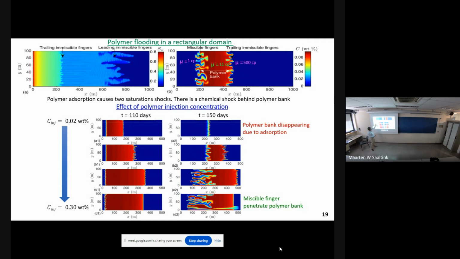The interesting thing here is, if you inject low polymer concentration, then that will be lost in the reservoir after some time, so it is not going to help. But if you increase the polymer concentration, let's say from 0.0 to 0.3 weight fraction, this becomes very stable. But this is the miscible finger. The finger behind is very strong now because the viscosity ratio is very large behind the polymer bank, and those grow so fast they can penetrate the polymer bank